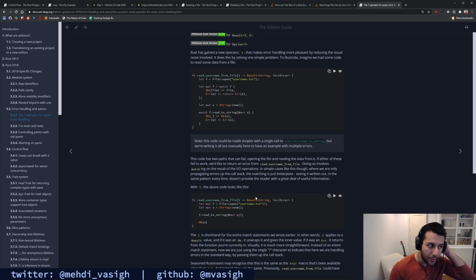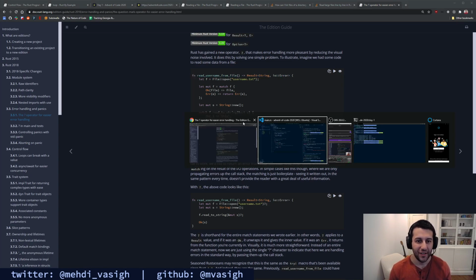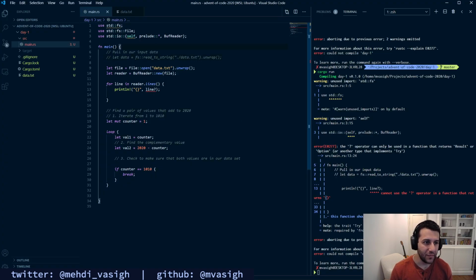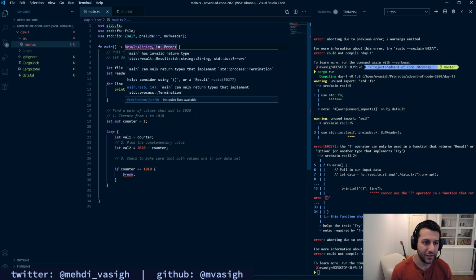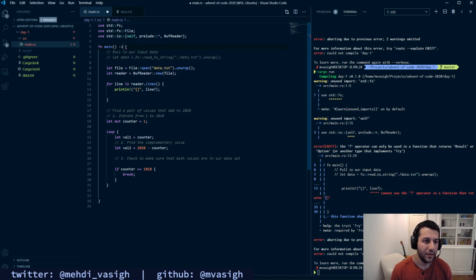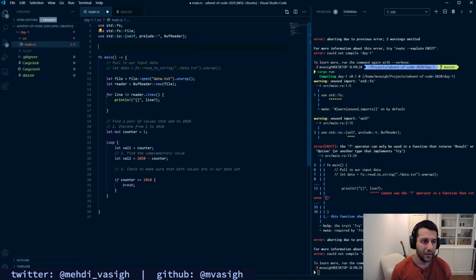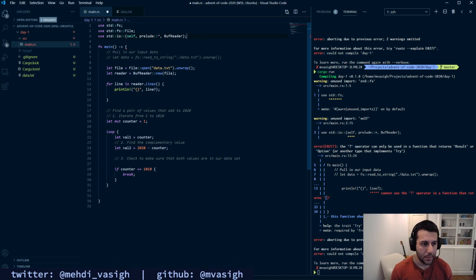So I'm not going to use the shortcut because it's kind of confusing. Well, I'm going to use the shortcut, but I'm not going to try to understand it. But I do think I need to change the return type of my function, and it probably is going to tell me my main function can't return the type. Okay, and that just means that maybe I should